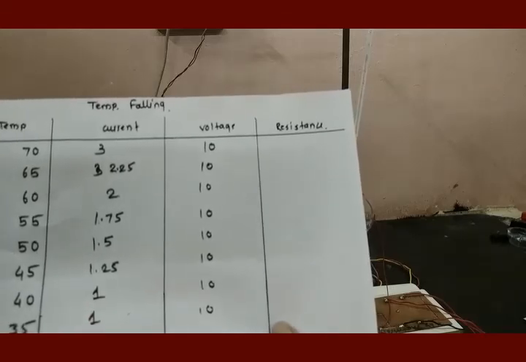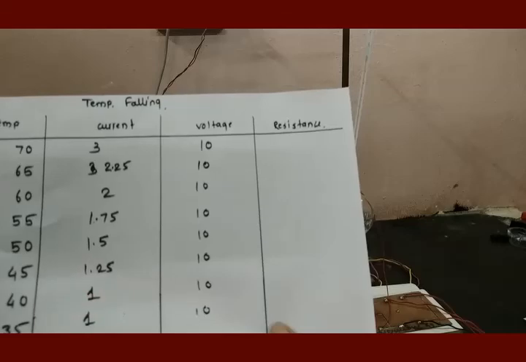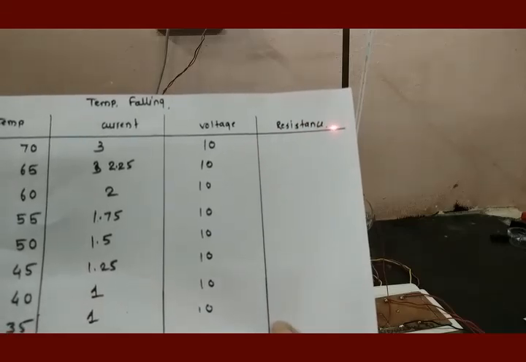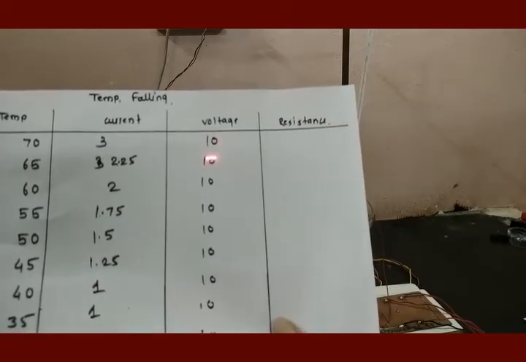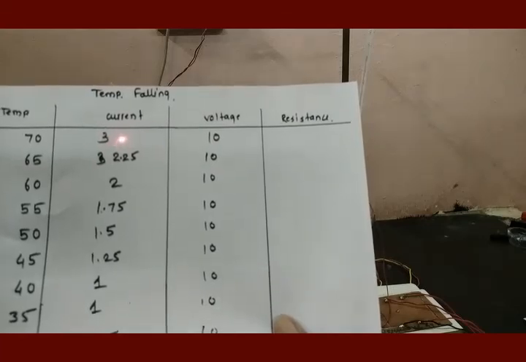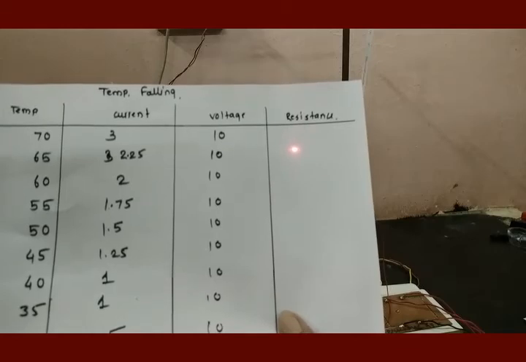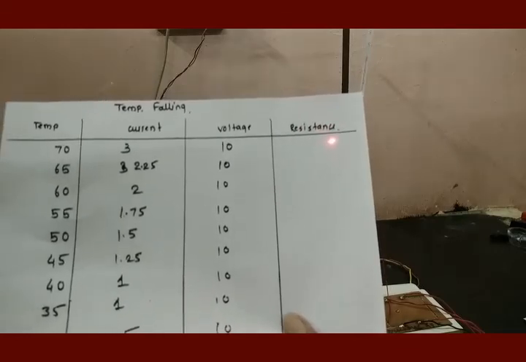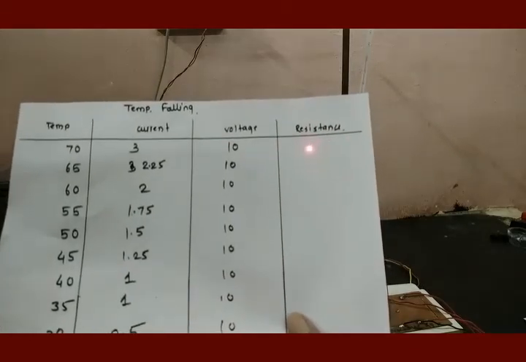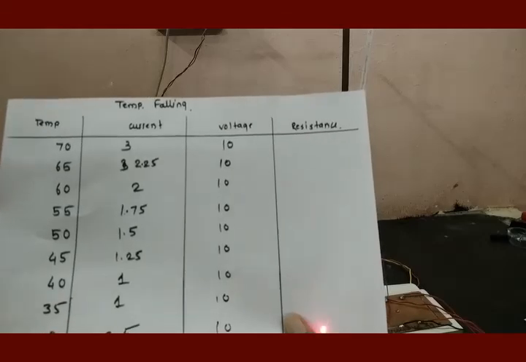At 30 degrees Celsius it becomes 5 milliampere. And to find this resistance in kilo ohm, you have to divide this voltage by this current. As this current is in milliampere and it is coming in the denominator of our calculation, the resistance will automatically come in kilo ohm. Find these corresponding resistances.